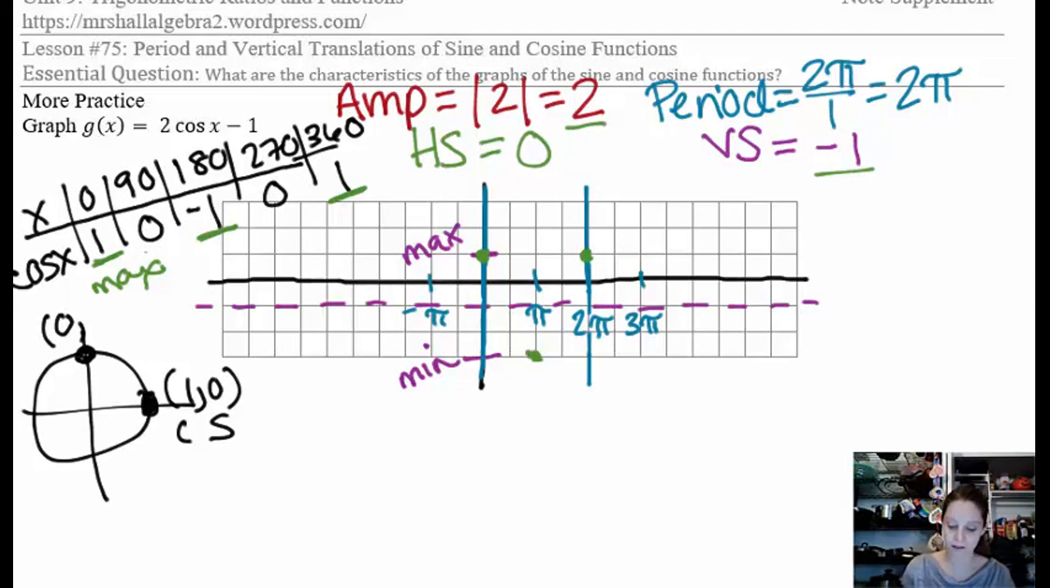And then halfway between, so this is the min, this is the max, and halfway between each of those is the 0, which is going to be the midline, because there's been a vertical shift of -1. So here's the midline, here's the midline. And I connect these 5 important points. And I have my graph of g of x equals 2 cosine x minus